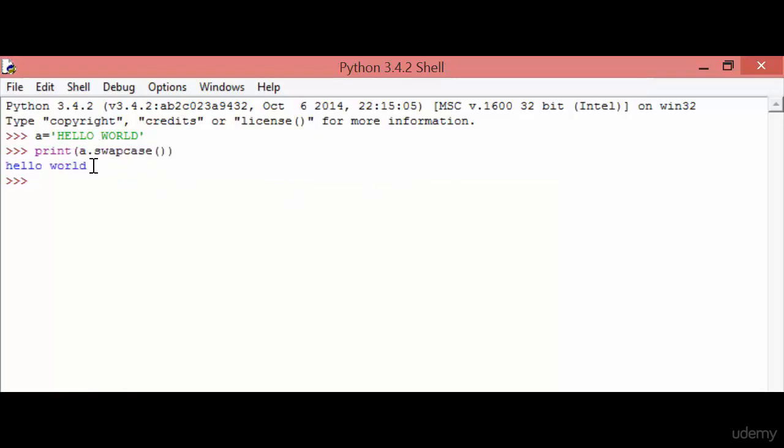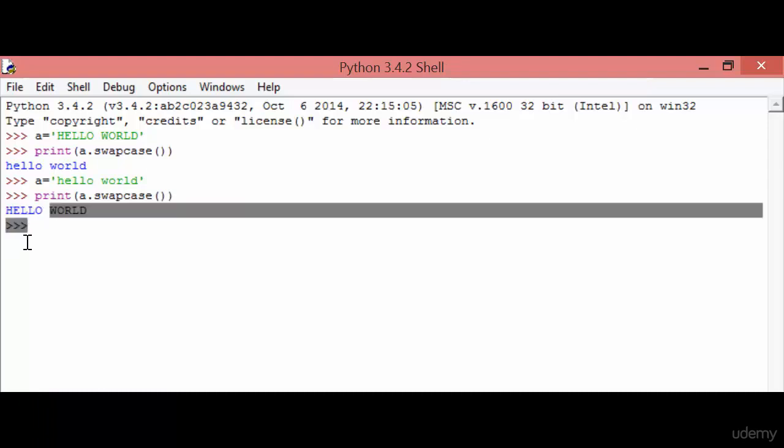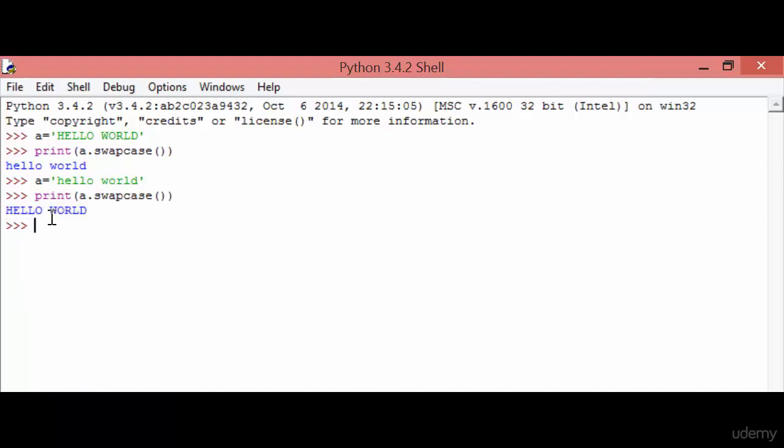So here we get all the characters in small letters. So if we give the value in small letters and print this a.swapcase(), here we get all the characters in capital form. So this is all about the swapcase method.